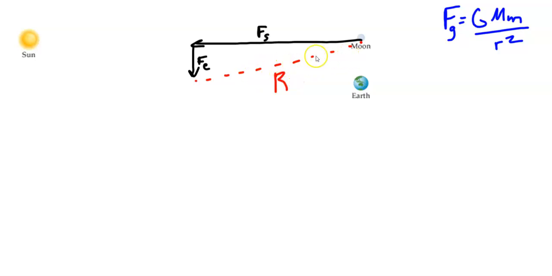But anyways, once you find those gravitational forces, you can find the resultant with the Pythagorean theorem. R squared equals the sun force on the moon squared plus the earth force on the moon squared. And I think y'all can probably solve that. And then to get this angle below the moon-sun line,